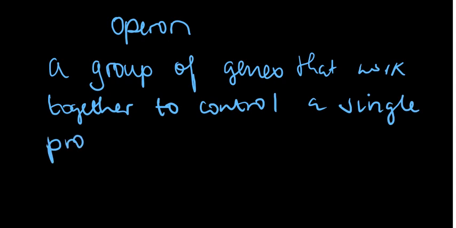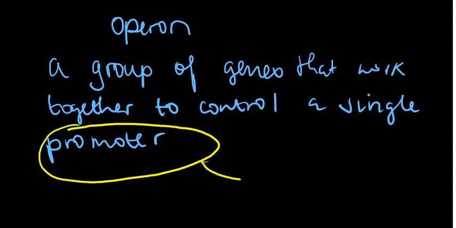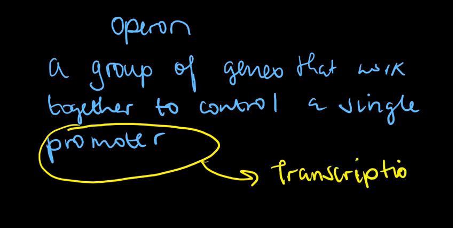So what I want you to remember is, during transcription we have what we call the promoter site. Remember that this is related to transcription, and that gene expression is a system that cells use to turn the process of transcription and translation on or off. So when you look at this operon, it's a group of genes that work together to